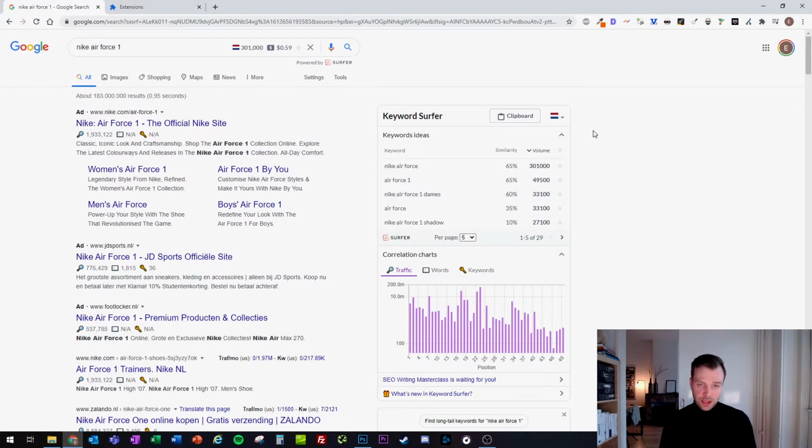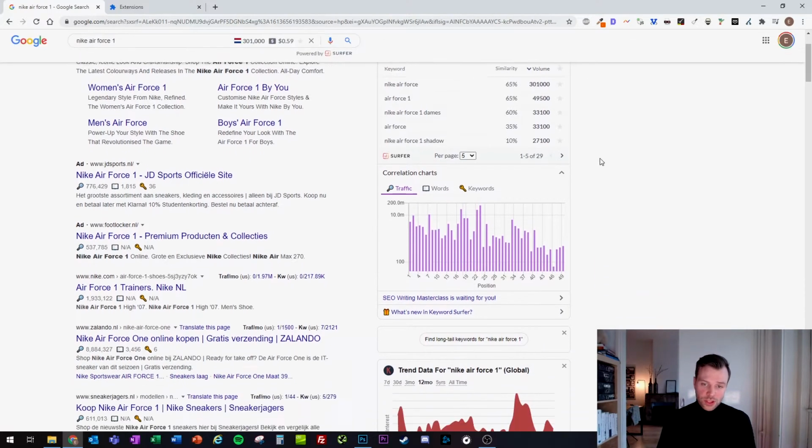Another keyword research plugin is the Keyword Surfer. And as you can see from this screen, it already shows you the search volume for the query that you put in here and the average CPC. On the right hand side, you can also see related keywords and keyword ideas that you can instantly use for your own keyword research. And it also shows the percentage of similarity between those keywords, which is super useful. But you also see the search volumes. So that saves a lot of time compared to using other tools. So that's super useful, and you can set it to any country that you want